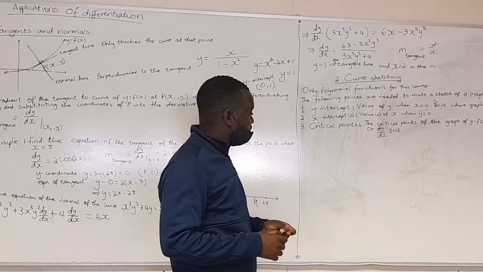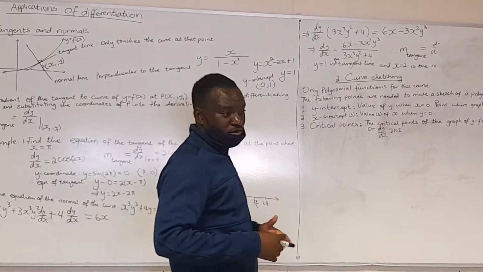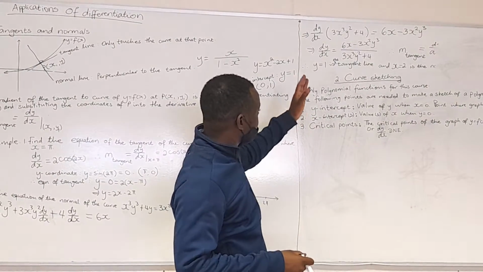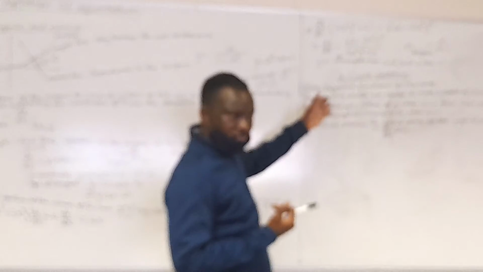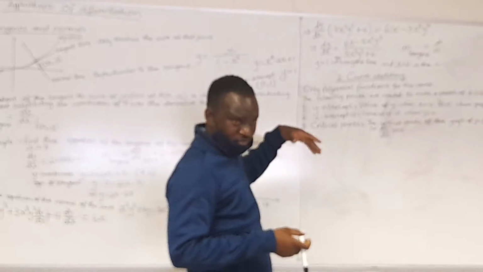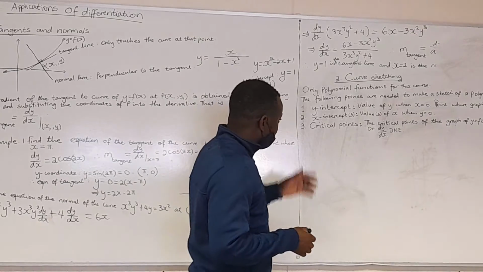DNE stands for does not exist. Either it's 0 or it doesn't exist. But if we are only dealing with polynomials, there is no way that the derivative does not exist. So we only look at